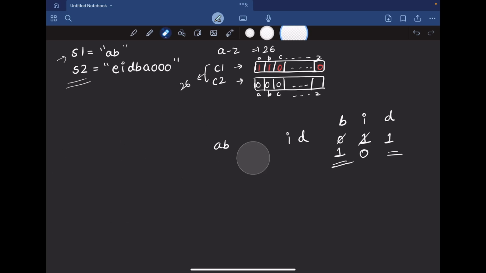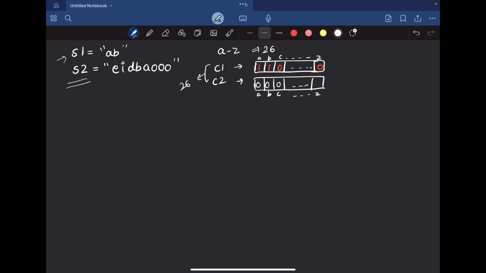So now before we enter our loop, the first substring's frequencies should already be updated, right? Only then we will be able to add this D and remove this E. Because initially, if we just start in the loop, then all the frequencies are 0, right? So at that time, what are you going to add and remove? So when initially we updated the frequencies for S1, we'll also update the frequency for C2 only for the first substring of length equal to S1. So we'll update only for EI, right?